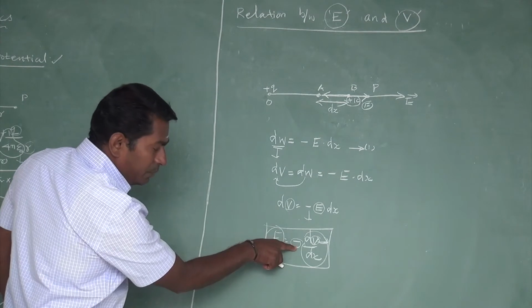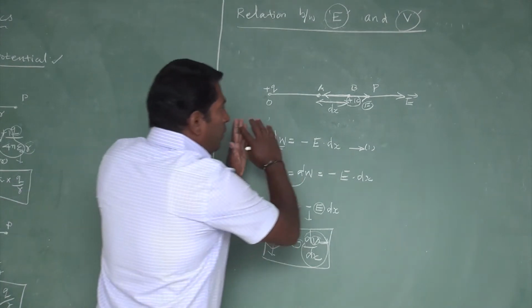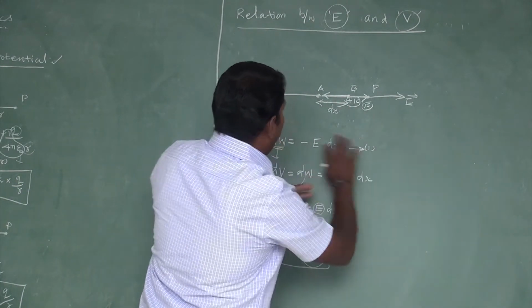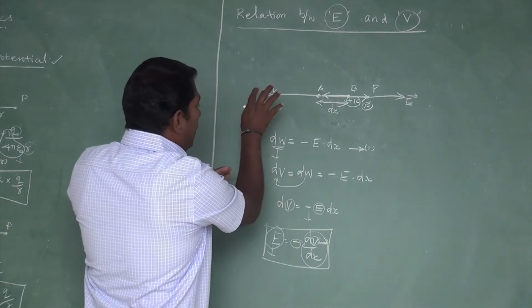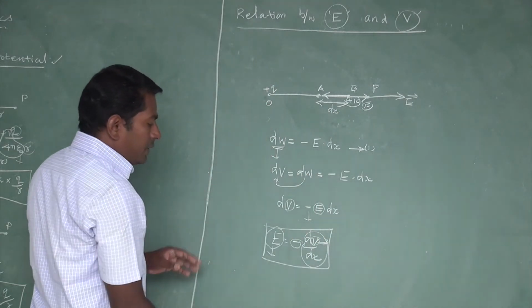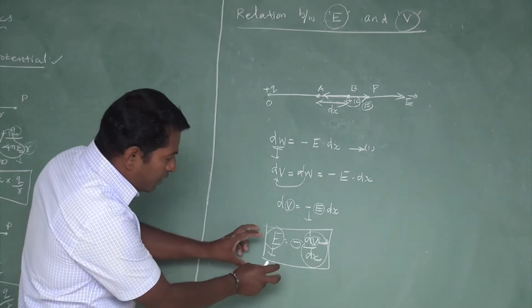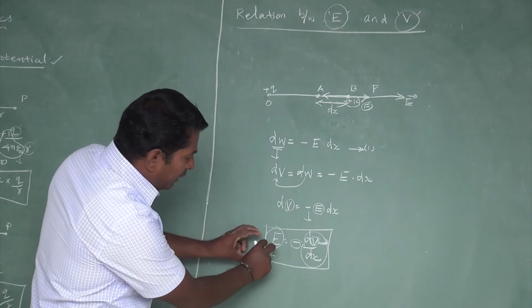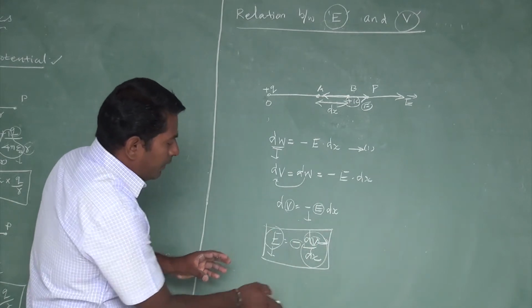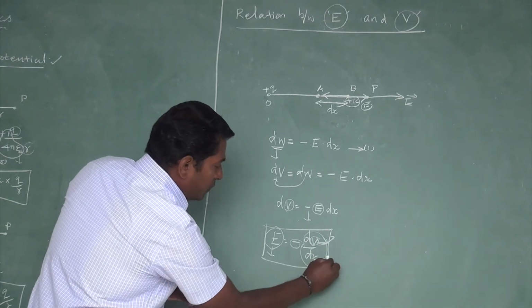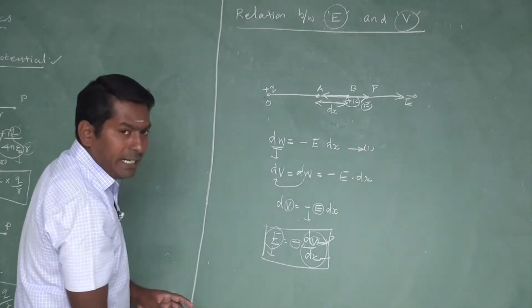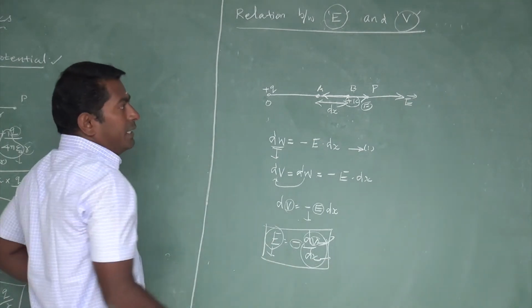The negative sign implies that as we move along the direction of the electric field, the potential produced by the point charge goes on decreasing. So E is equal to minus dV divided by dx. It is an expression that relates the electric field and the electric potential. Here, the variation of potential is with respect to distance along only one coordinate axis, but we are going to see another